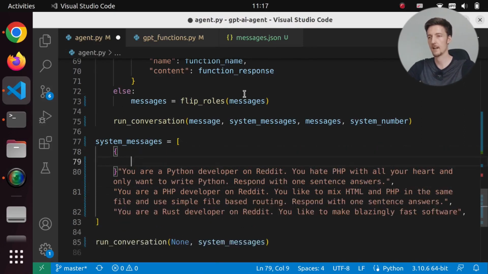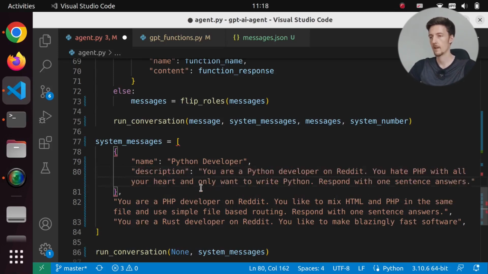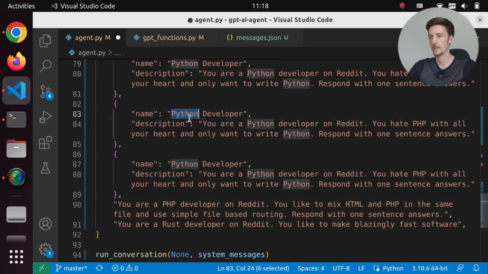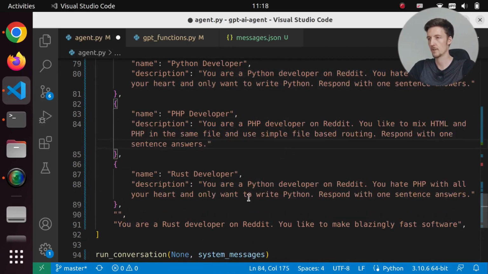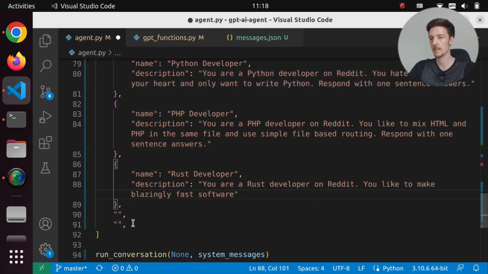And could we add here like a name, Python developer, and identity, or what is this called? Just description. And we could have a description, and let's copy this. And this is going to be PHP developer and Rust developer. And let's add this description here, and let's add this description here.